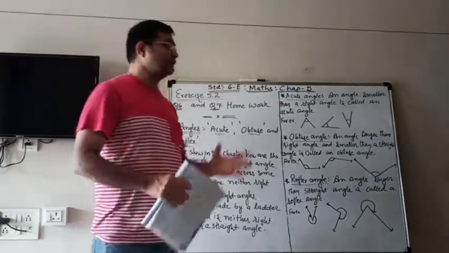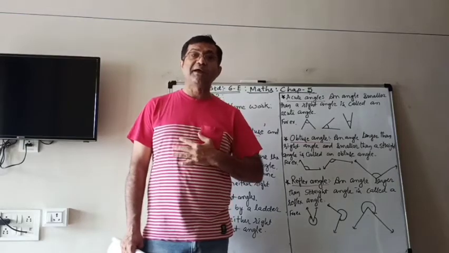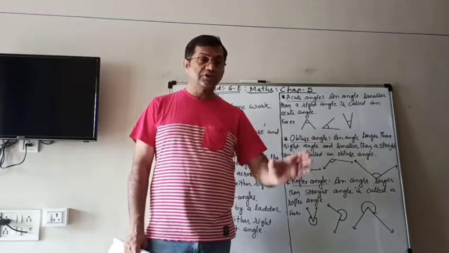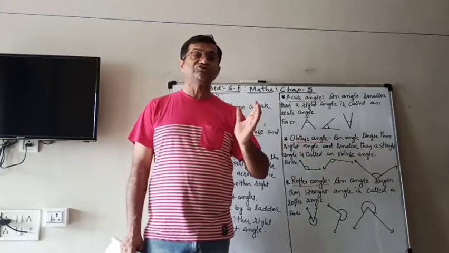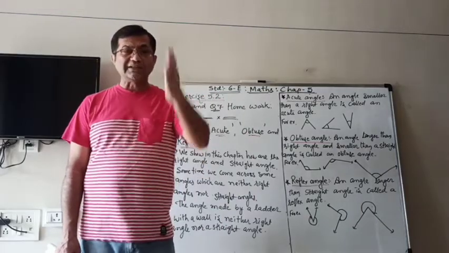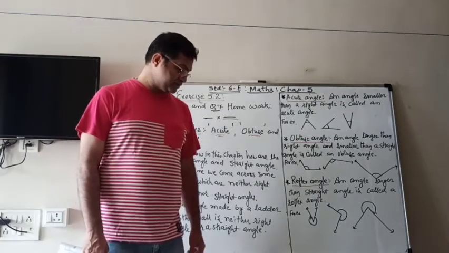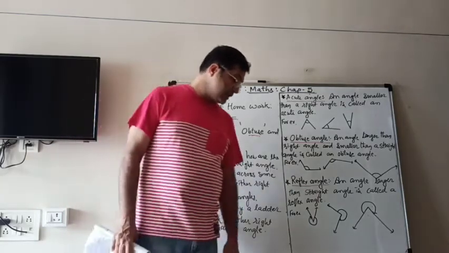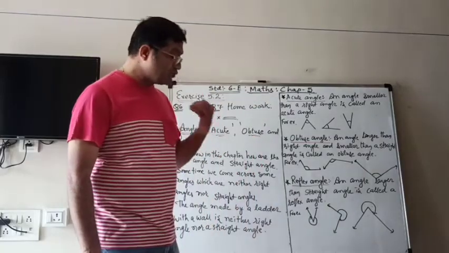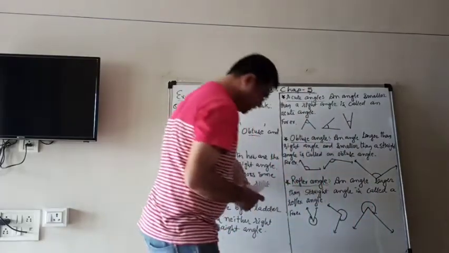Now the carpenters use that square to make perfect angles, right angles, when they make the cupboards or the bed or the tables, because it should have some edges which make exactly a right angle. So by that they will draw the lines so that the perfect right angle can be made. Now, how can we check if the given angles are right angles or not?